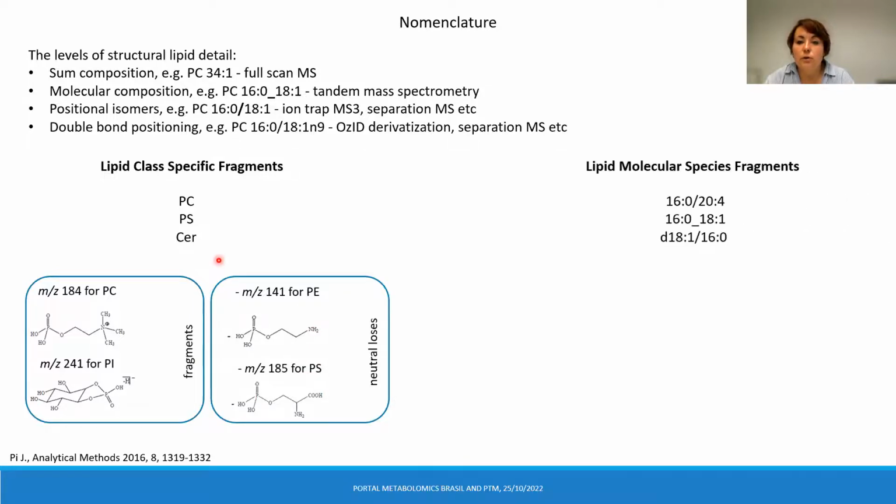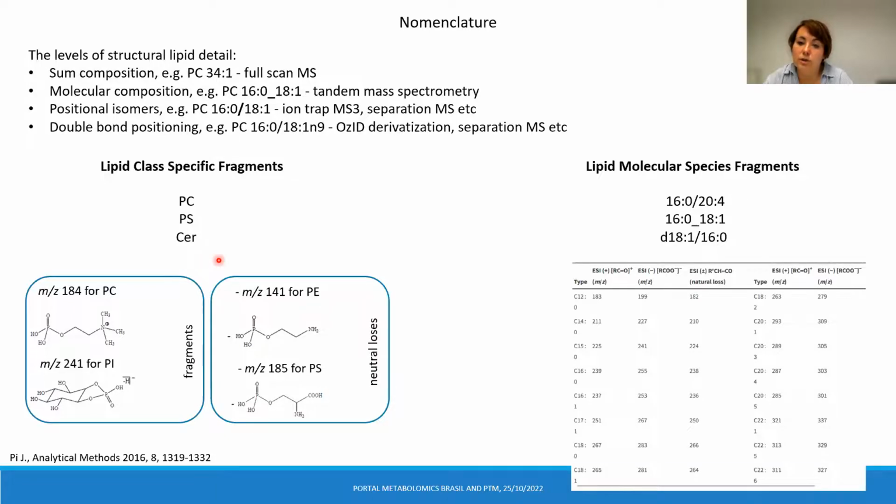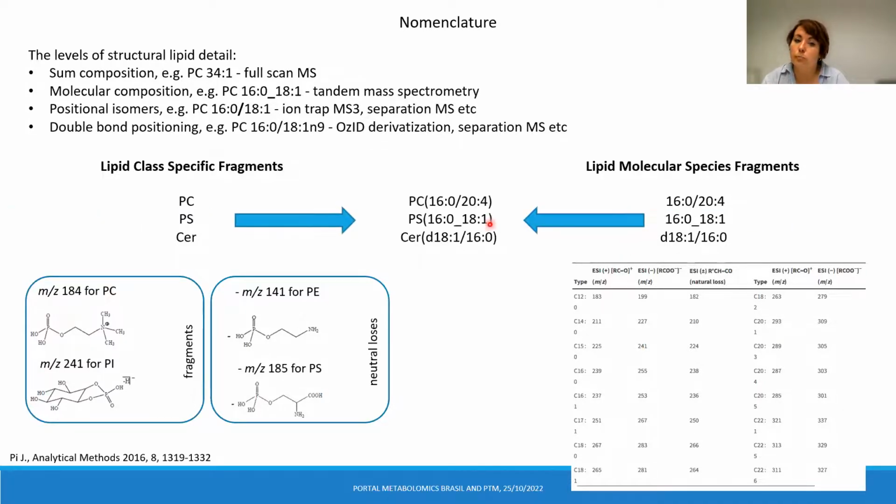We can also have lipid molecular species fragments, which will provide us information about the fatty acid composition, and depends on which lipid class we are talking about. We can either look for them in the positive or negative ion mode, although as a general rule, fatty acids are better detectable in negative ion mode. Putting these two pieces of information together, we can provide